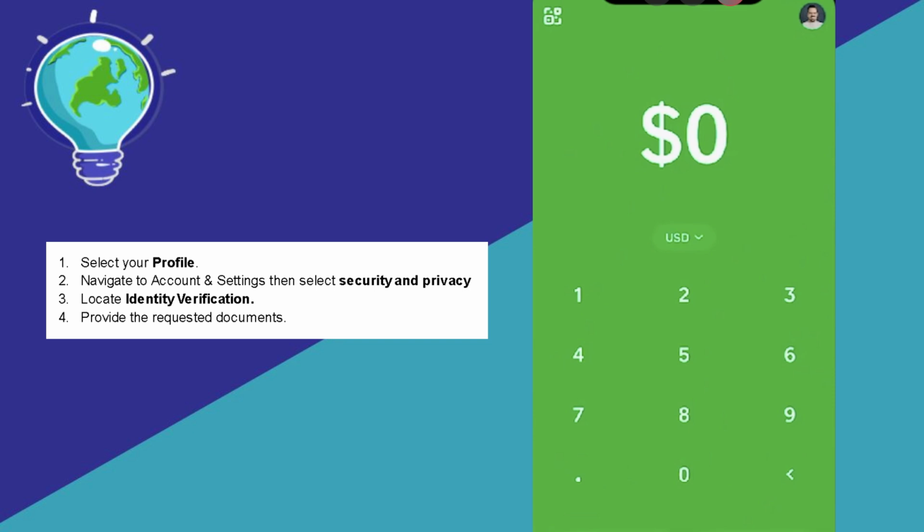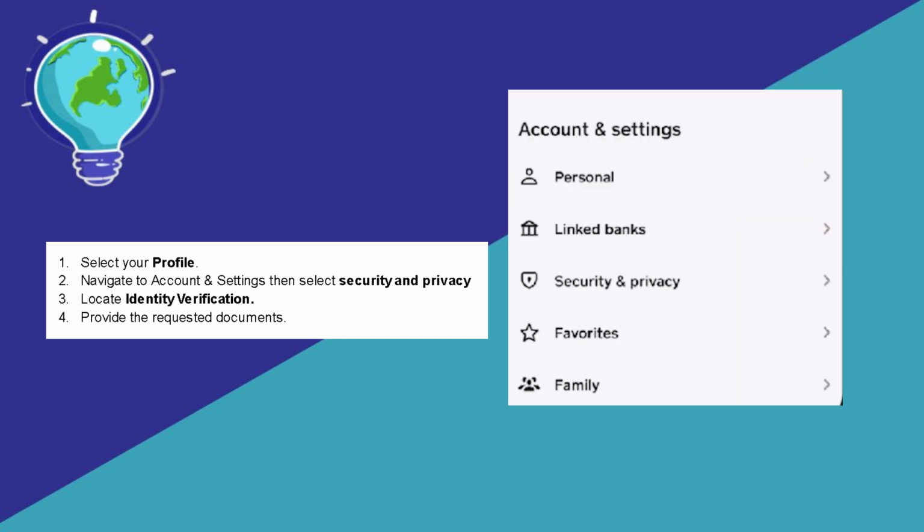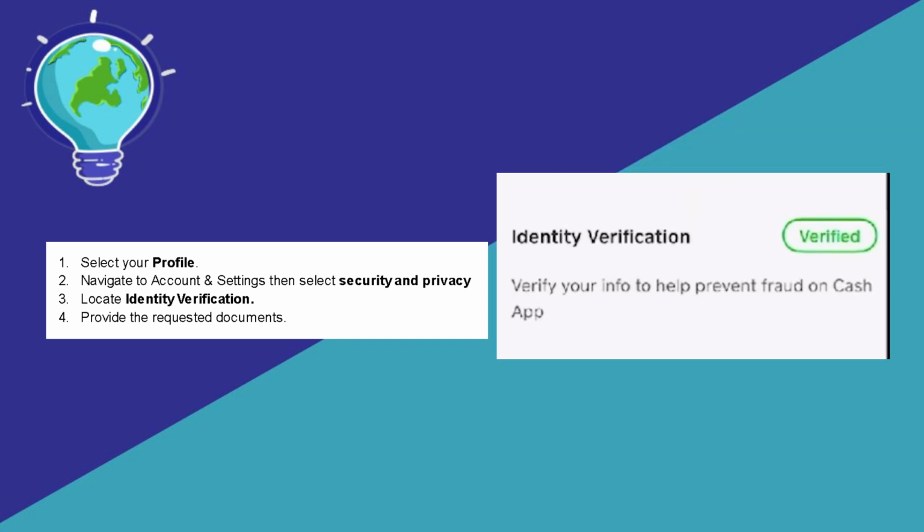So what you're going to do is open your Cash App and then click on or open your profile on the top right. After that, you should then be able to select account and settings over here below and click on security and privacy. In the security and privacy, scroll down a bit and you should be able to see the section identity